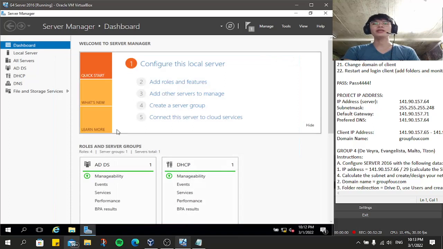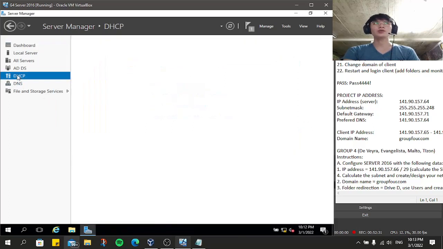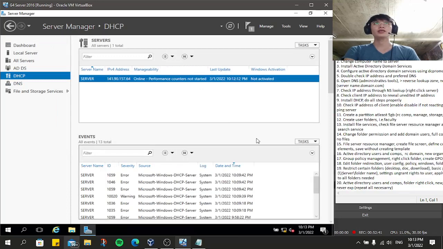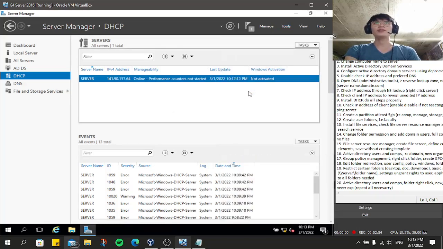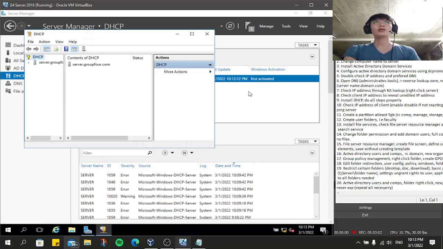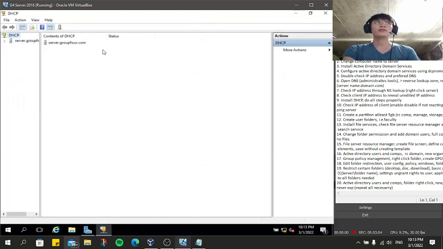Now that the DHCP is created and done, we will now go to the DHCP from the Tools tab on the upper right. We'll create a DHCP range for the IP addresses that will be used by the client side. So click Tools, click DHCP, then click the server.group4.com and right click on the IPv4